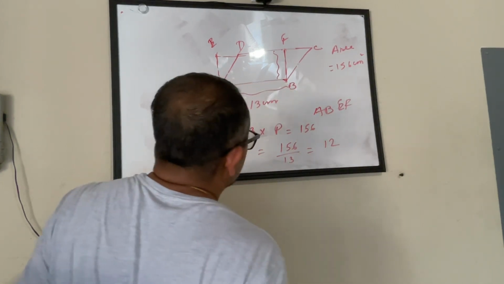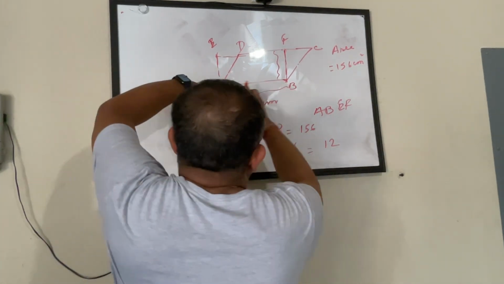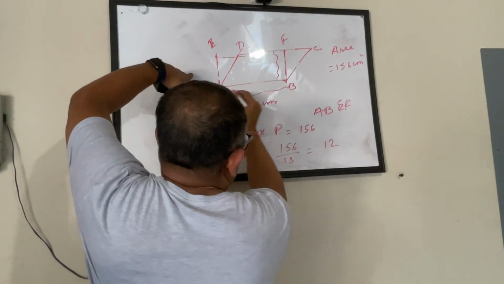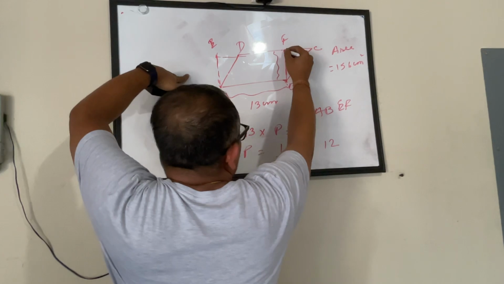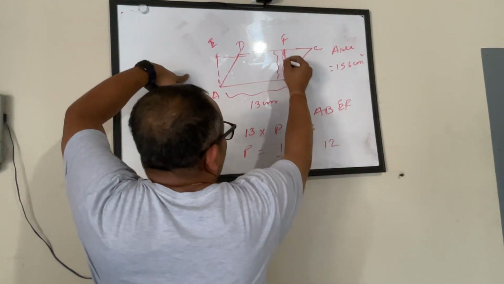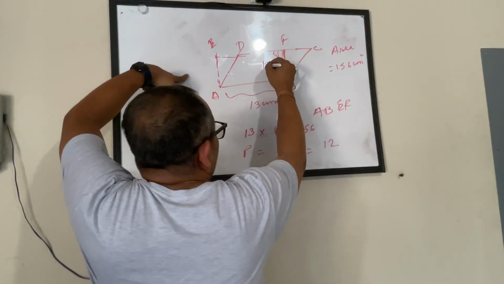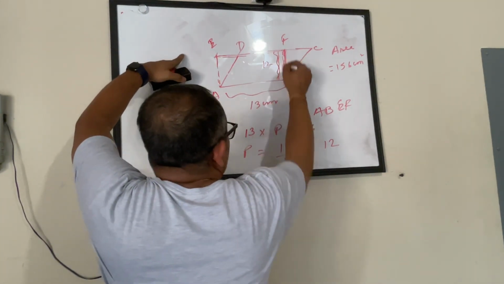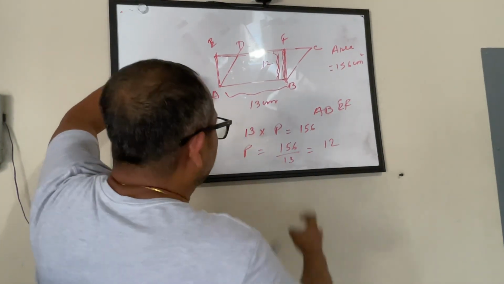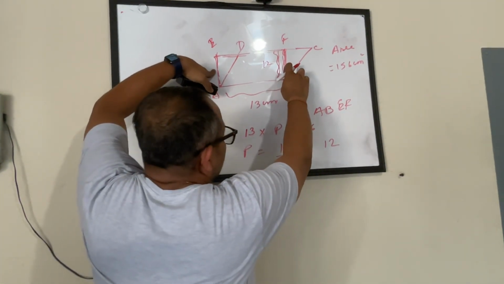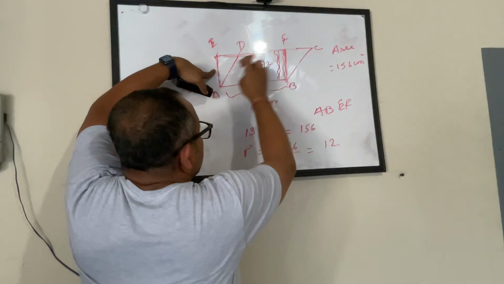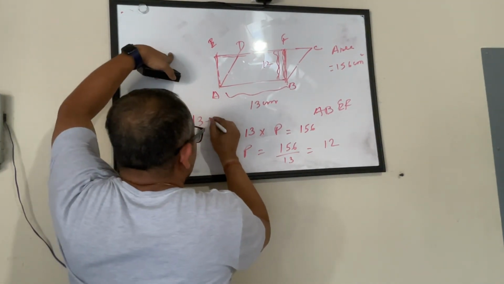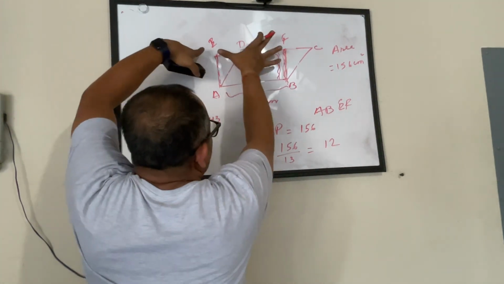Now the next part of the question was, what is the perimeter of the rectangle that we made with the same base? So same base, what is remaining? What extra do we need for the rectangle? Only this height, which we got as 12. So the perimeter of this rectangle is this plus this plus this plus this. Basically you add the perpendicular distance 2 times, so 12 into 2, plus this base 2 times. So 13 plus 13, this plus this, plus